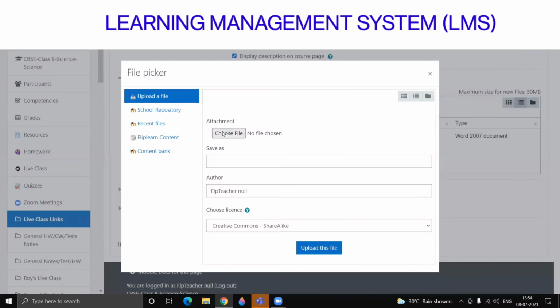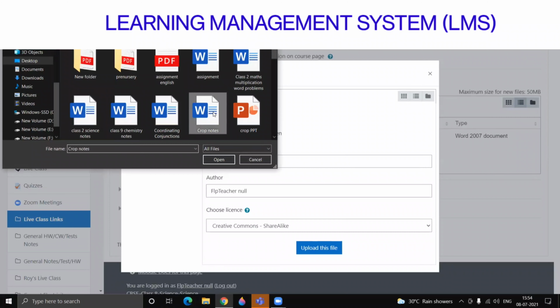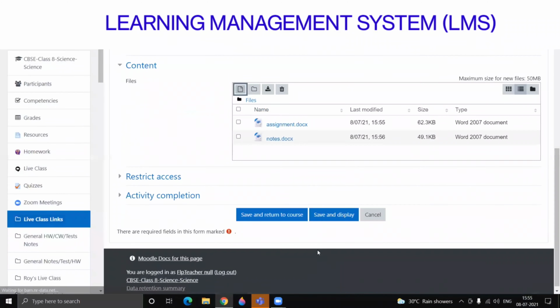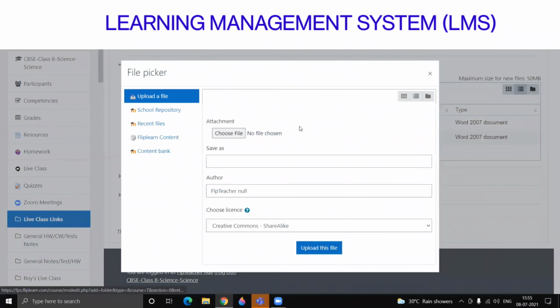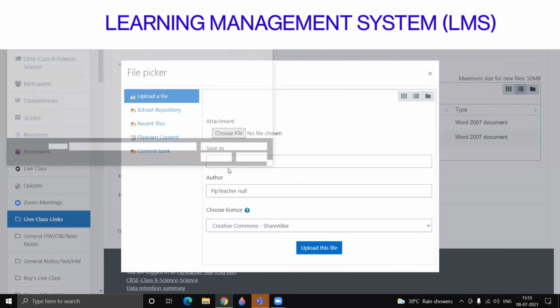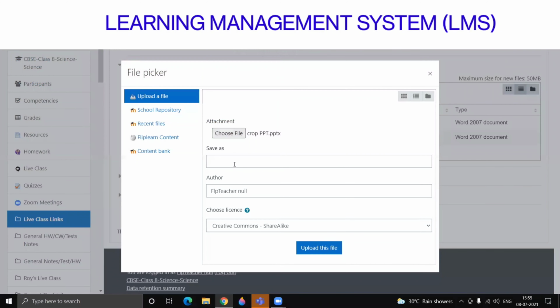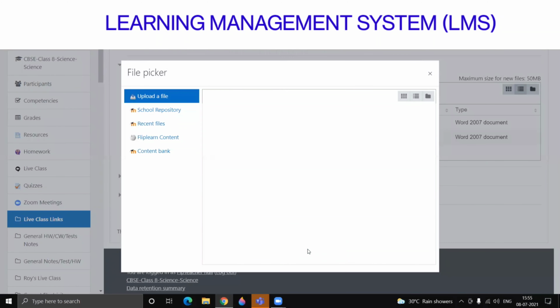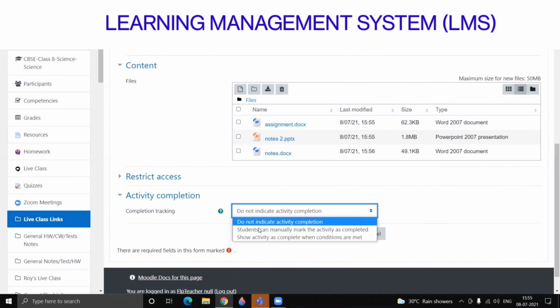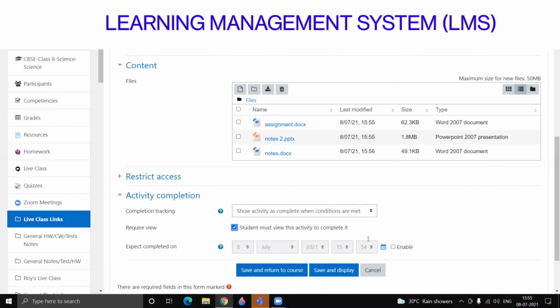So I'll go with choose a file. I want to add this notes. So I see this as notes and upload it. So as I said, a teacher can add up to 50 MB of attachment. So I want to attach one PPT, and my PPT is around 12 pages. I'll say this as notes and upload. So teacher can add number of attachments. 50 MB is the limit, and here it shows what is the size and what is the type of file you're attaching. So every activity we give a date and time for the completion. So I say that I want the students to learn by today at this given date and time.